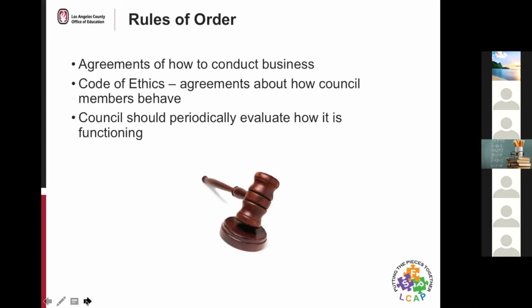It may also include things like a code of ethics. That might be in your bylaws somewhere. You may include that, or you may want to include that as a separate agreement on how council members behave if those happen to come up as issues. Also, it's recommended that councils periodically evaluate their work. How are we functioning? And take some time to reflect. That reflection sometimes results in revisions to bylaws because you realize there's something we could put in place that would help us function better. So this is all about helping the council work well together to do the work of the school.